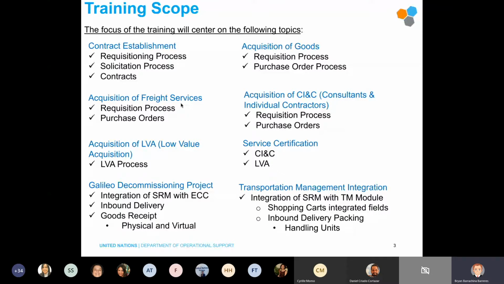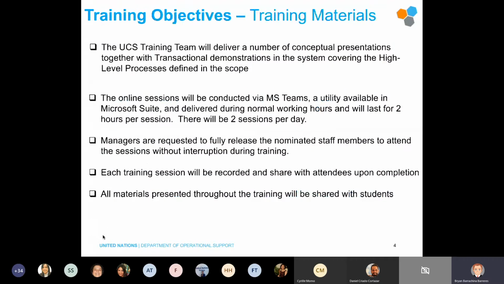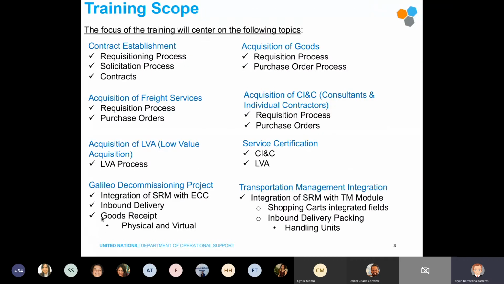Basically, we will learn or review, for those of you who are not experts in the subject, the contract establishment, the requisitioning process, solicitation contracts themselves, the acquisition of goods process. Now, this particular one here, and let me see if I can, here, let me go back. I can't mark what I'm doing right now at this point, but for the acquisition of goods, I know that particularly for this training, we have